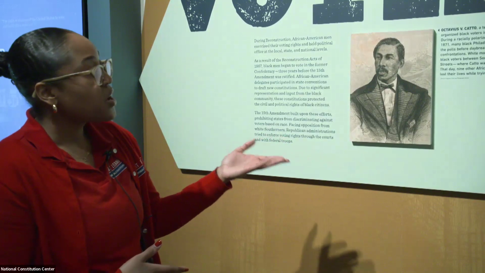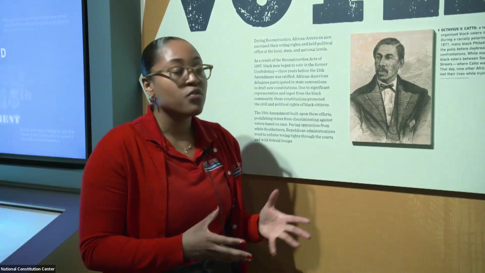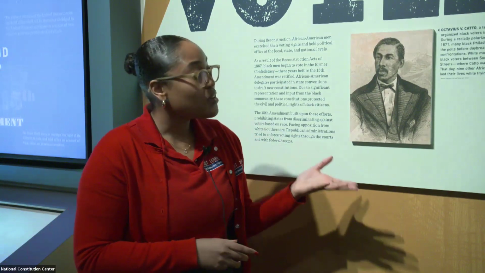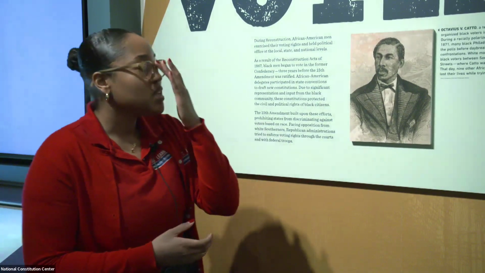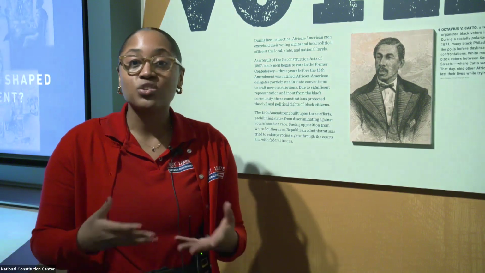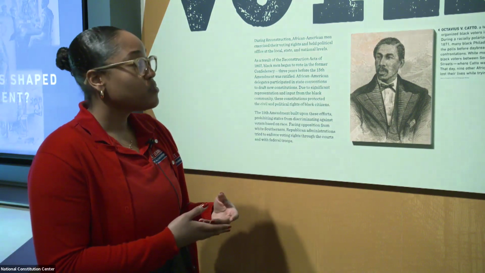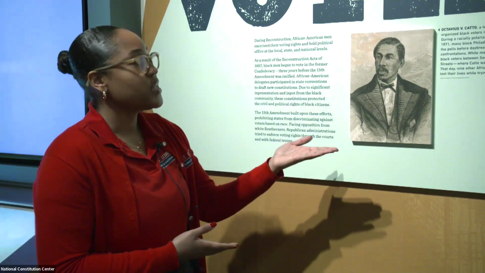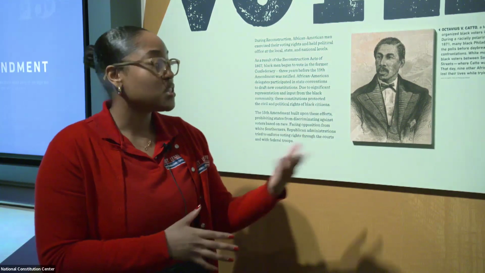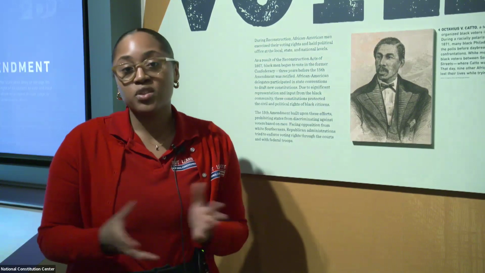And as a result, Octavius V. Cato, he lost his life along with 9 other African Americans in Philadelphia trying to vote, right? So again, we see there's a lot of different conflict that is in the Southern states, but I don't want you to forget that a lot of these different conflicts that African Americans had to endure as a whole were not absent in Northern territories as well. And so, of course, this is just one example of someone that tried to do something good for voting rights, and basically was considered or made a martyr for that particular case.